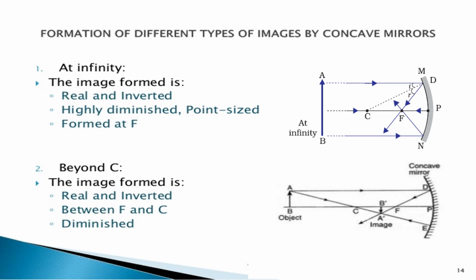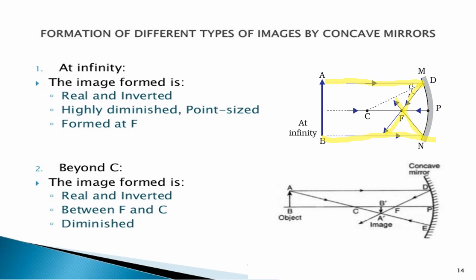So first one, the object is taken at infinity. Whenever the object is at infinity, all the incident rays will become parallel to the principal axis. So many number of parallel rays we can draw. Instead of drawing many of them at 7th class level, it will be a little bit confusing. So let us take only two rays, two incident rays. We are going to draw one above the principal axis and the other one below the principal axis. Then you know already that from our rules, the first rule, when the incident ray is parallel to principal axis, the reflected ray will go through the focus. So the same thing is happening here. Both these reflected rays are going to meet at focus.